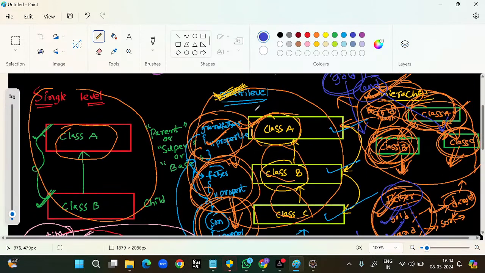Any confusion? Single level, multi level, and hierarchical. Naveen,